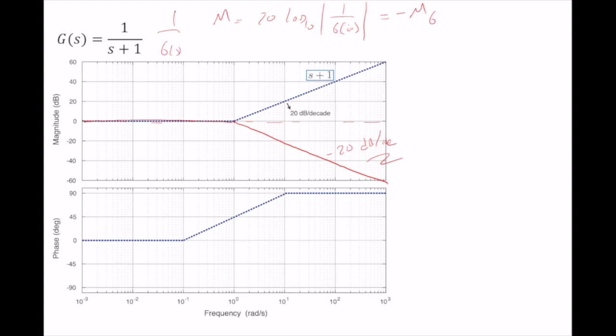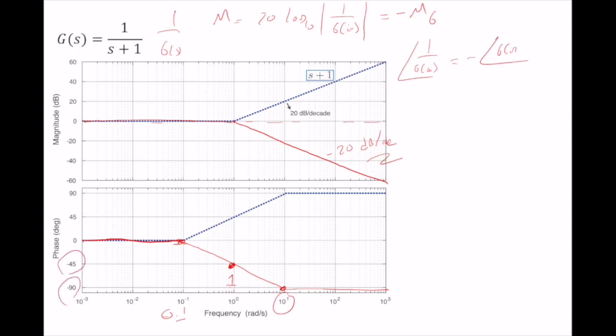Okay, so let's look at the phase. We will do the same thing, right? Phase of 1 over g of j omega is equal to minus the phase of g of j omega. What I do is I will reflect with respect to 0. So it will be like this. Now I will go to minus 90 degrees. So same corner frequencies as you can see: 0.1, 1, 10. The only thing is now, instead of 45 and 90 degrees as important points, we have minus 45 and minus 90 degrees